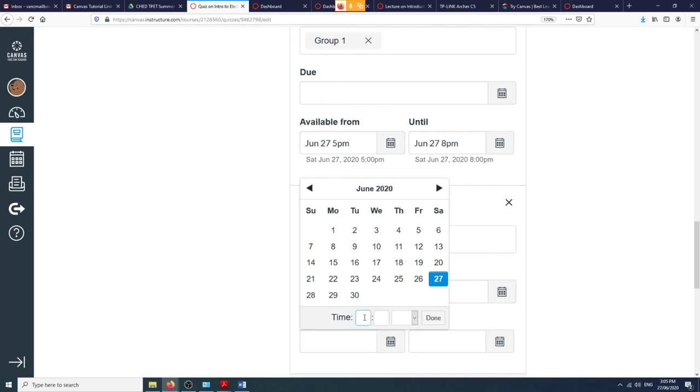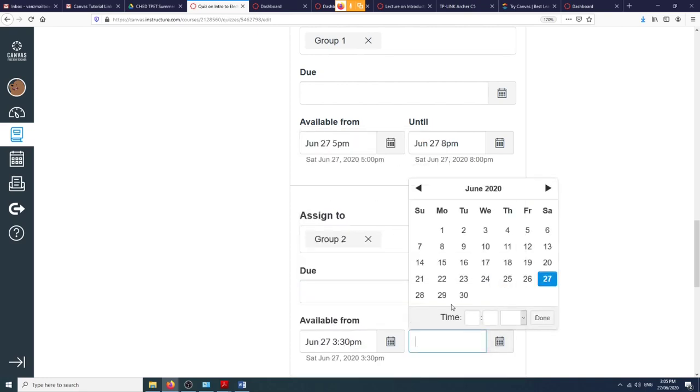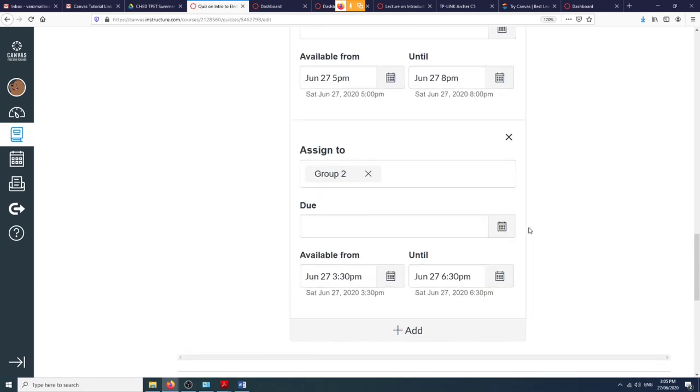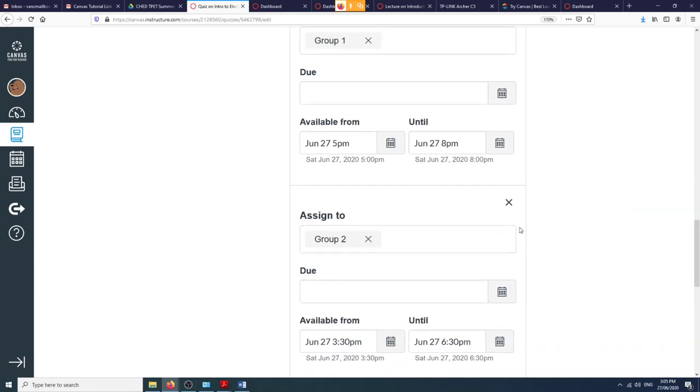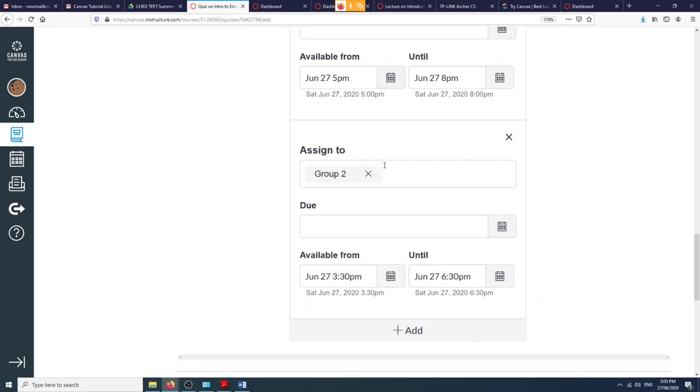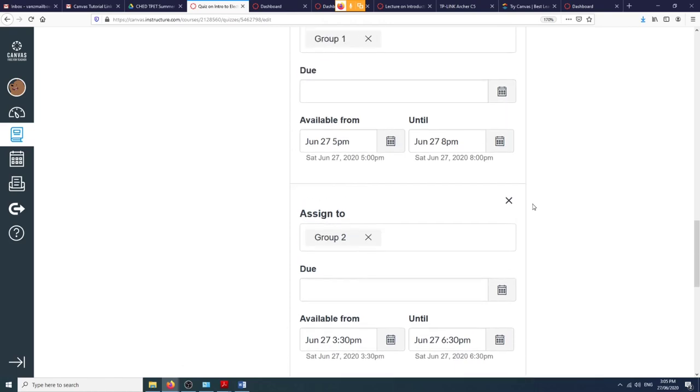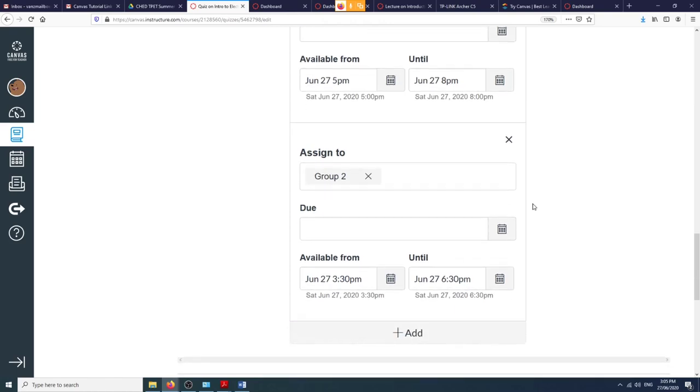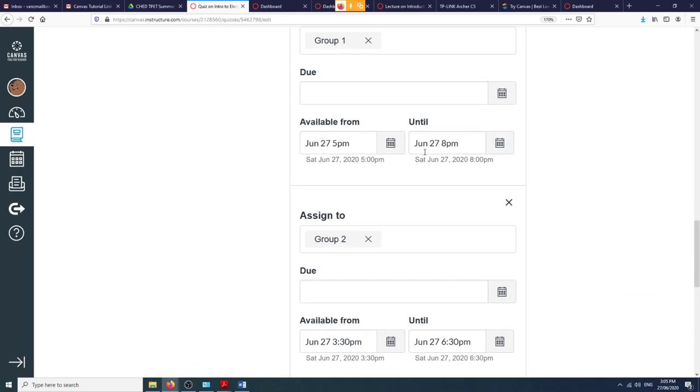Let's say, for example, today Sila at 3 p.m. At 3:30, so they can have access to the exam at 3:30 p.m. until 6:30 p.m. Okay, so you have now two sections, different examination times, and of course you can set the window, meaning 3 hours, 2 hours, 1 hour, or